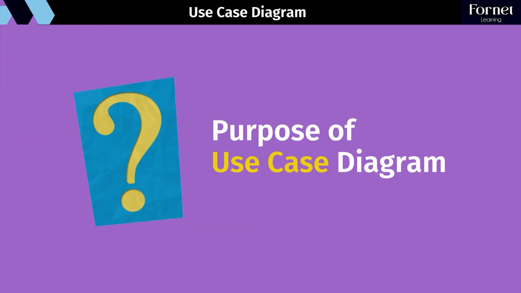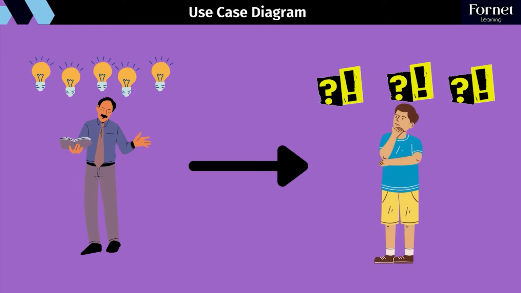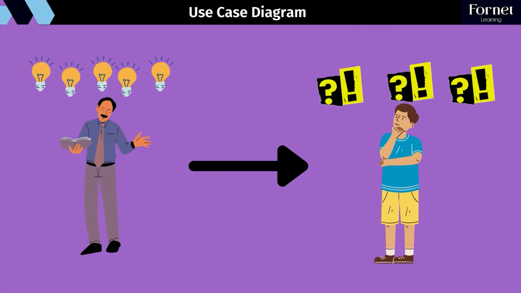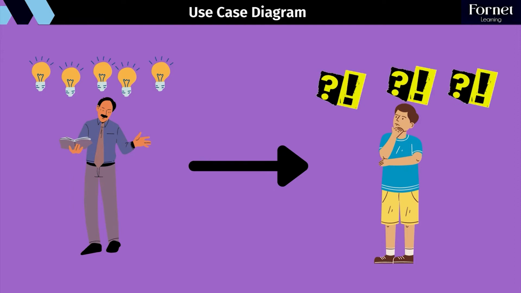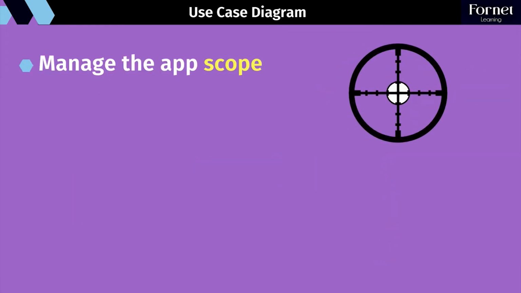So let's start first by explaining why do we really need to build a use case diagram. Often to develop an application for a given client, it's really difficult to understand what he wants exactly, what are the goals of his app, who are the users, and how they can interact with the app. So the client may think that he explained very well, but actually he may forget some features or the listener may not understand him. So in this case, using a use case diagram is very helpful, as it allows first